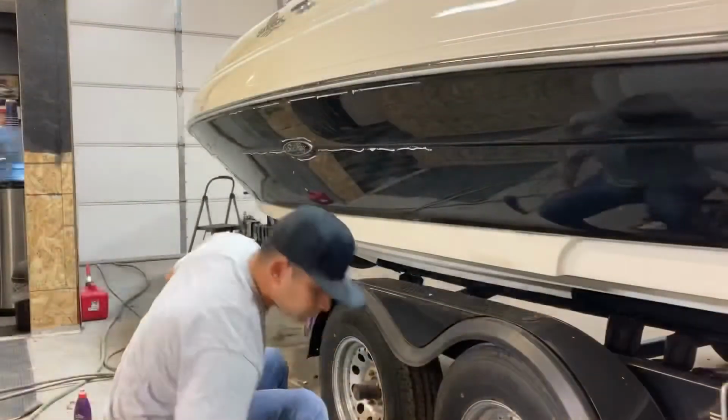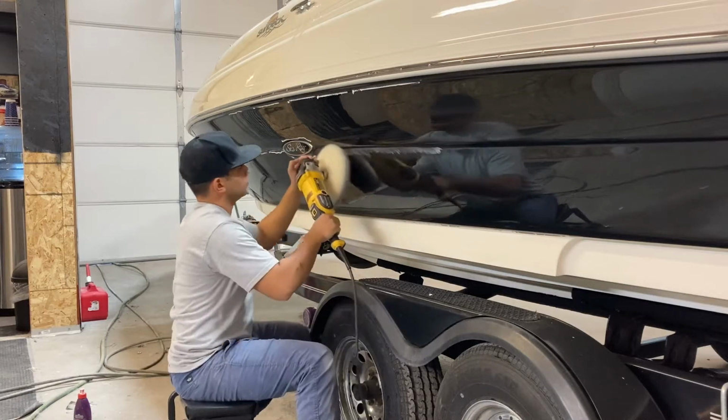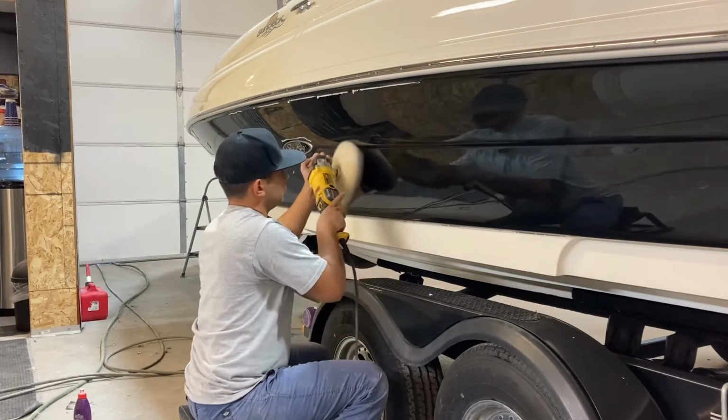And this is the result we're getting. You can see here the before, and this is the after. And so I already did the flat panels on the boat. So now I'm going back to all my little edges and touching those up again, just to make sure I